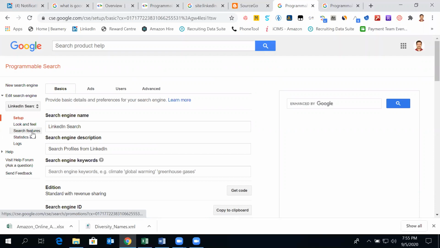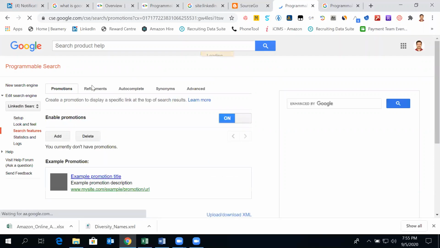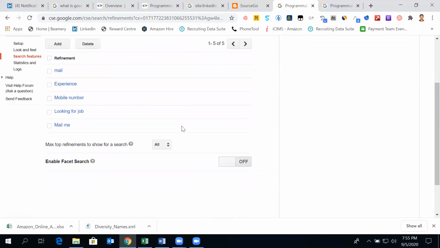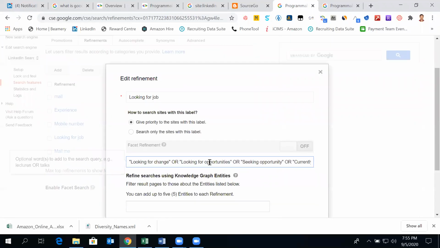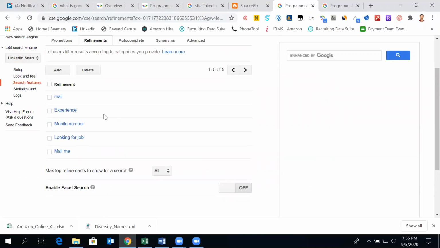Then we go for search features. We go for refinements: email, experience, mobile number, looking for job. So here, looking for change, looking for opportunities, seeking opportunities, currently seeking, such kind of keywords. Email, mobile number, experiences.